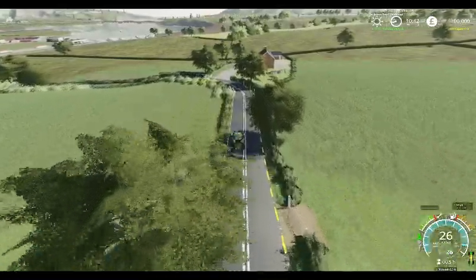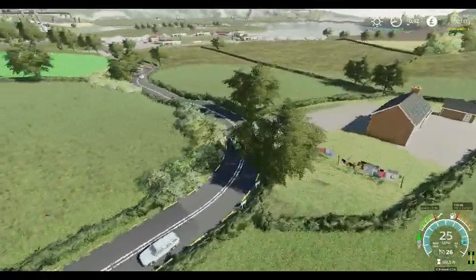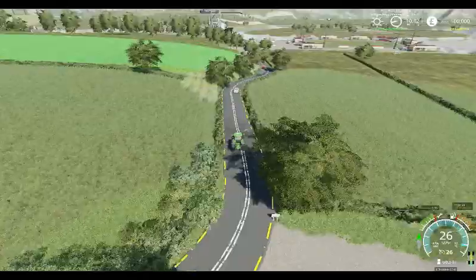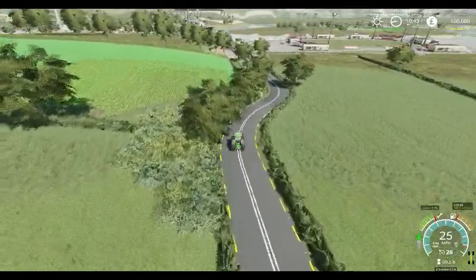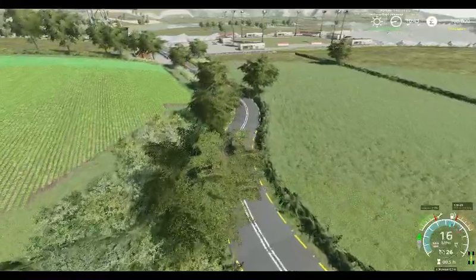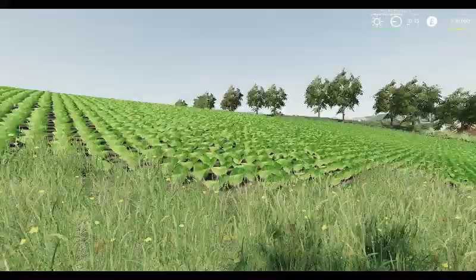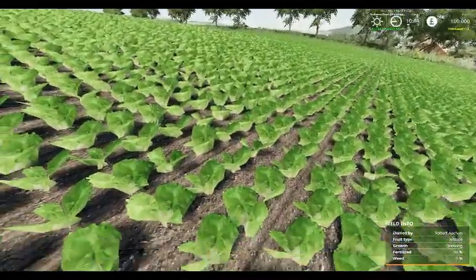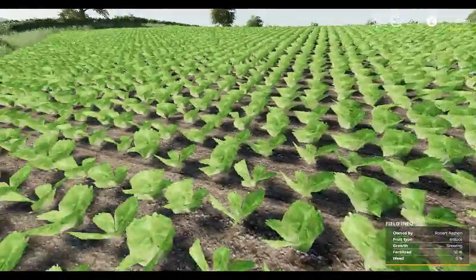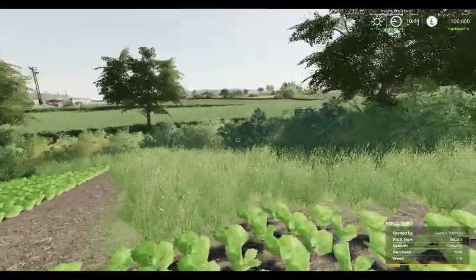Trouble is, a lot of the gateways are narrow and all the equipment to harvest cabbage and onions and carrots are fairly big, so you'll have to pick your field wisely. What have we got in this field here? This field of lettuce here. They look very much lettucey, them. They really do look like lettuce. Probably a little on the big side, but